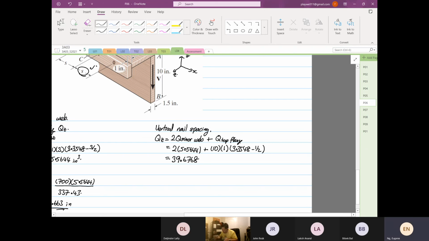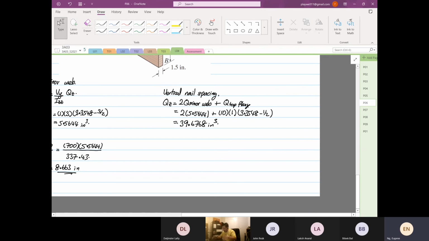You realize that once you calculate the first moment of area, everything is easy. The thing is what first moment of area to calculate. So Q is equal to 700, rule number 1, V and I are the same. So this is 337.43, and then the Q is equal to 39.6768. And this whole thing is equal to 100 divided by S. So from here, S is equal to 100 times 337.43 divided by 700 divided by 39.6768, which is equal to 1.214